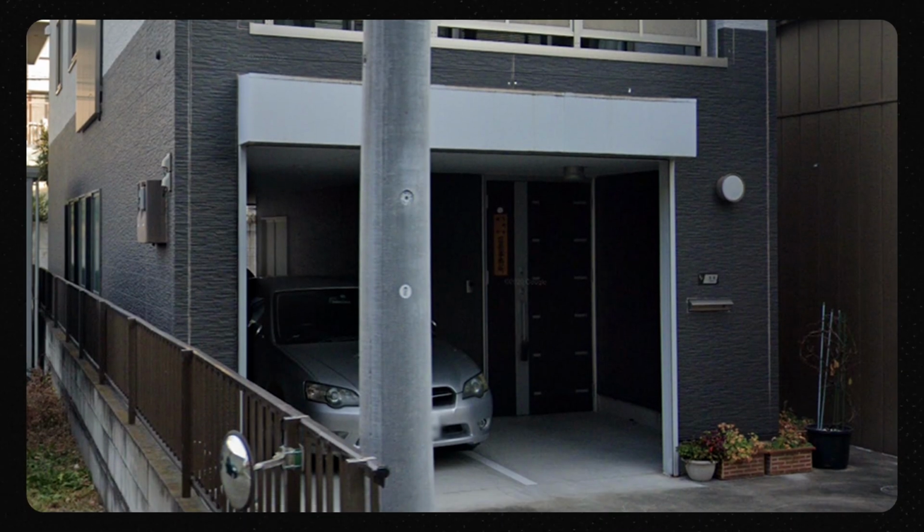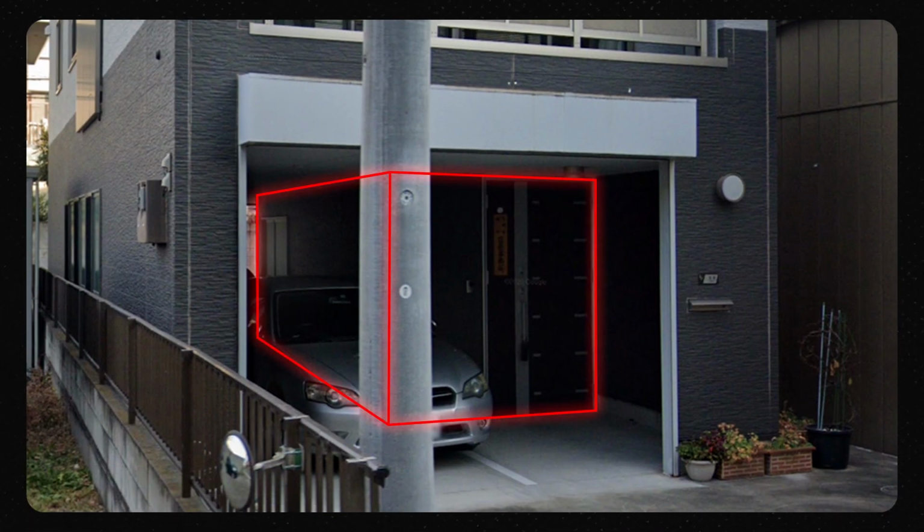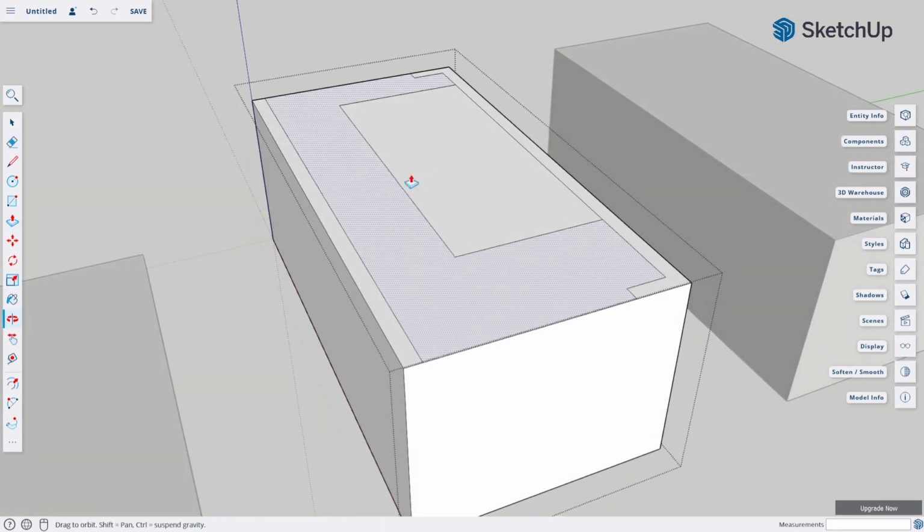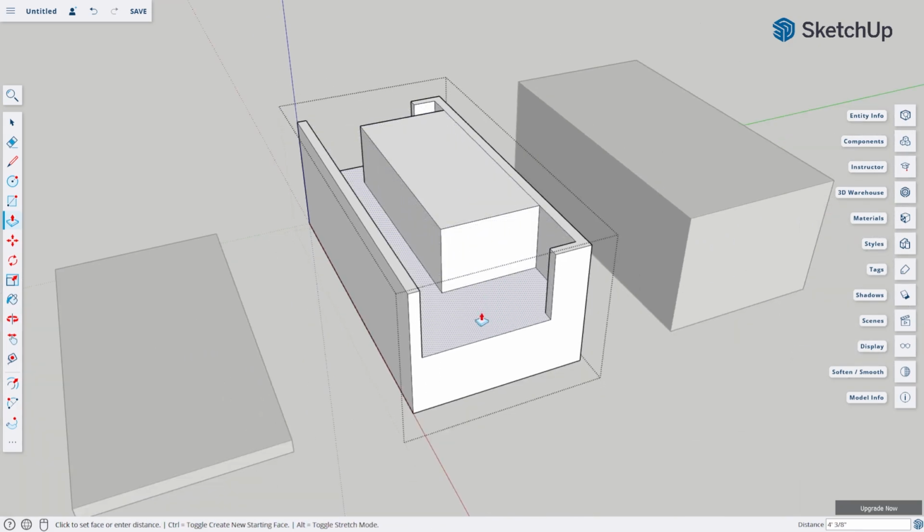So now I'm going to create this part, which is the room, and I'm going to use the rectangle tool to create that. So I'll create a rectangular shape starting here and until this part. Again, I don't have a clear view of the back, so I'm just going to guess the actual shape of this. Next, I'm going to use the eraser tool to erase this line and this line also at the back. Now, I will use the push and pull tool and push this face down. And as you can see, everything makes sense now, right? We have the basic structure for the first floor.